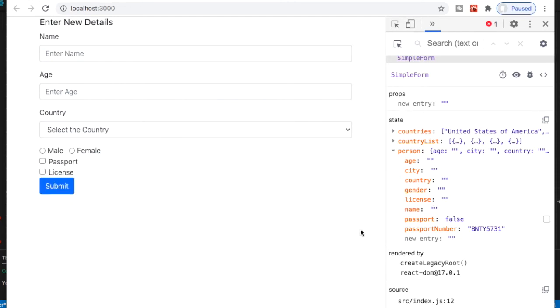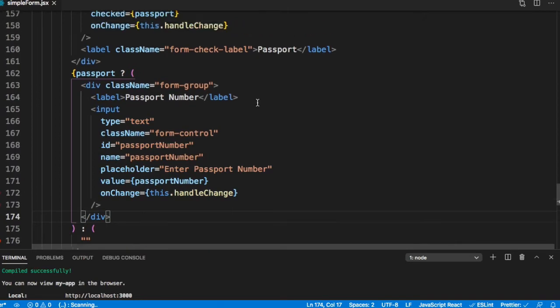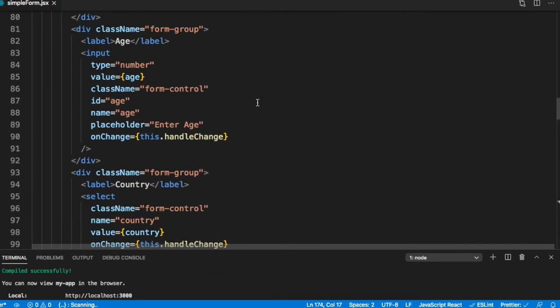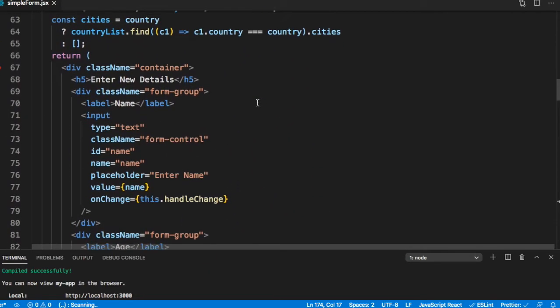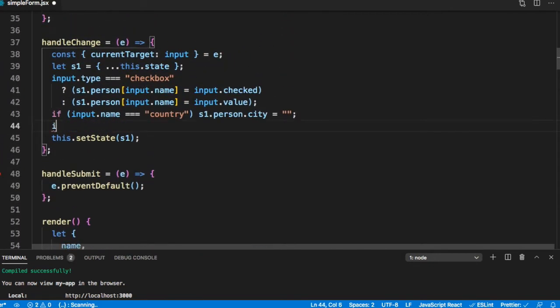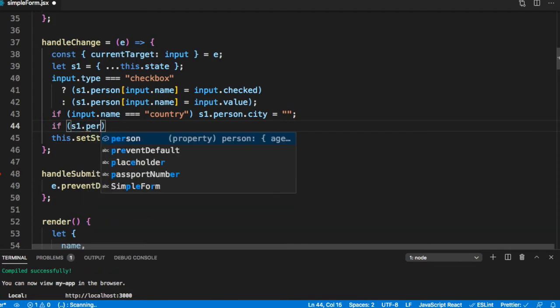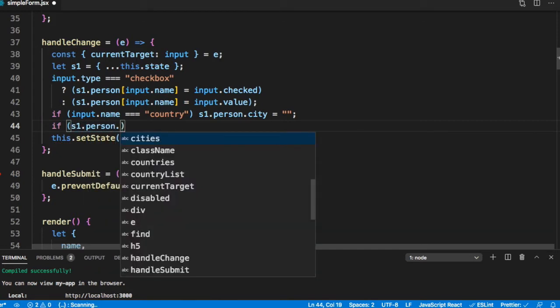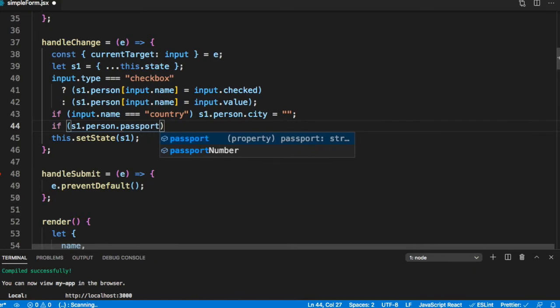If you also want to ensure that once you have unchecked it, this value is reset, we can do exactly the same thing that we did for country. And we can just put in if s1.person.passport and not of this.